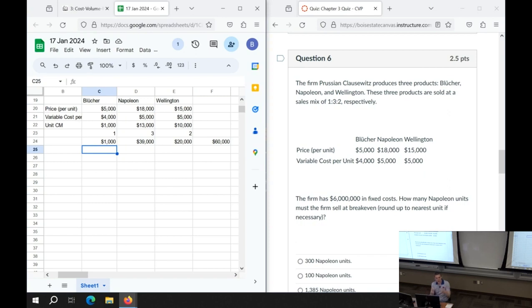It has built into it the sales mix that we've observed through whatever I observed when I made up this number. If this were a real company, we'd have observed the actual sales over time. So yeah, they're sold in about this ratio.